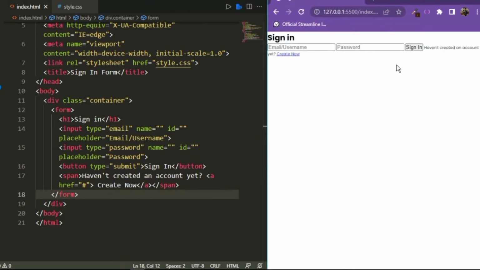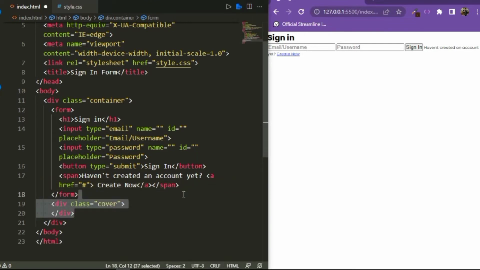So you can see this is how it's going to look, since it already has some default styling in my CSS. You can see that the text font may be different, so I've used Poppins for that.